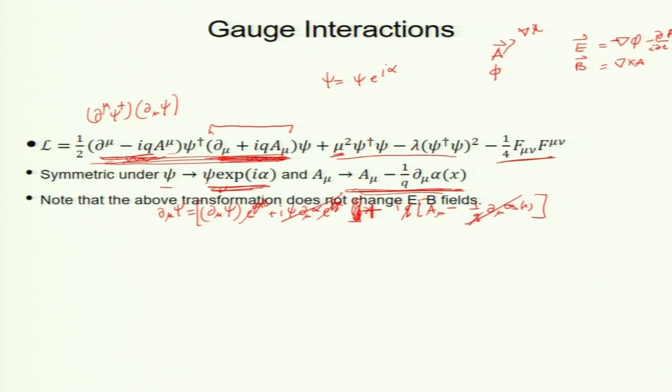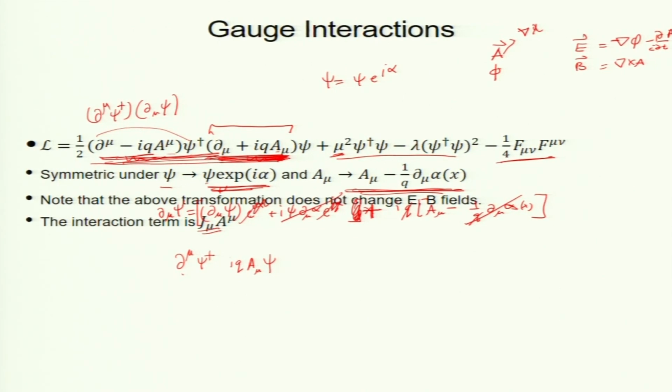Okay. So, now we are all set. The interaction term is J mu A mu. So, how do I see that J mu coming here? Let me look at one term. What is this interaction term? So, del mu psi dagger multiplied with this i q A mu psi. So, this is the term, I take this derivative and multiply that. This one term is A mu mod psi square.